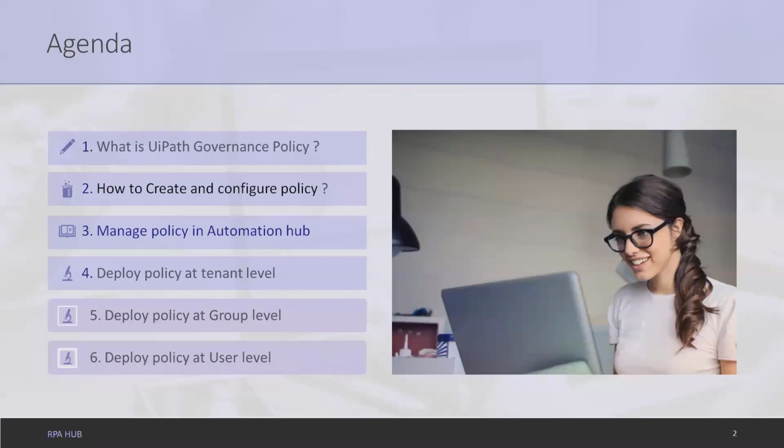So we'll discuss here what is UiPath governance policy, how to create and configure policy, manage policy in Automation Hub, deploy policy at tenant level, deploy policy at group level, and deploy policy at user level. So if you want to understand these points in detail, consider watching this video from start to end of this